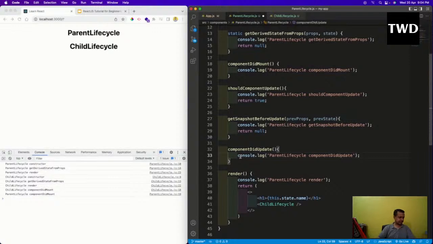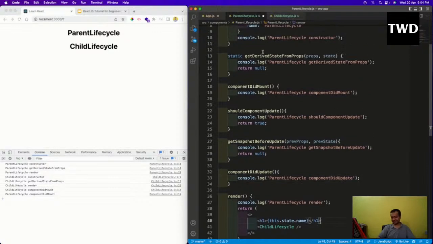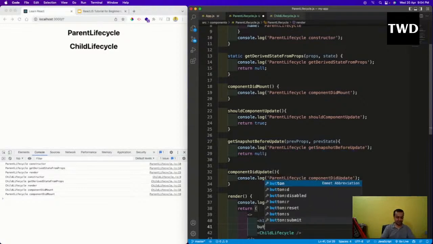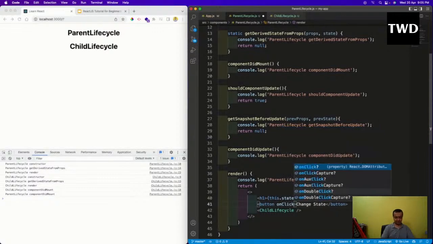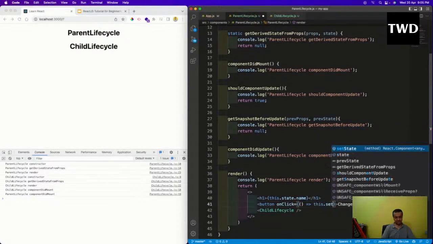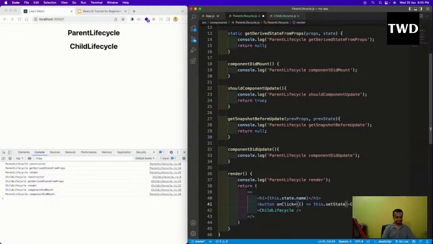But how will we run these things? We'll have a button. We have the state for that reason. We're going to change this state, so all of these things will run. So we'll have a button here, and the main thing of this button is to change the state, because we want to run this method. So the button says change state, then onClick is equal to this.setState, with name being